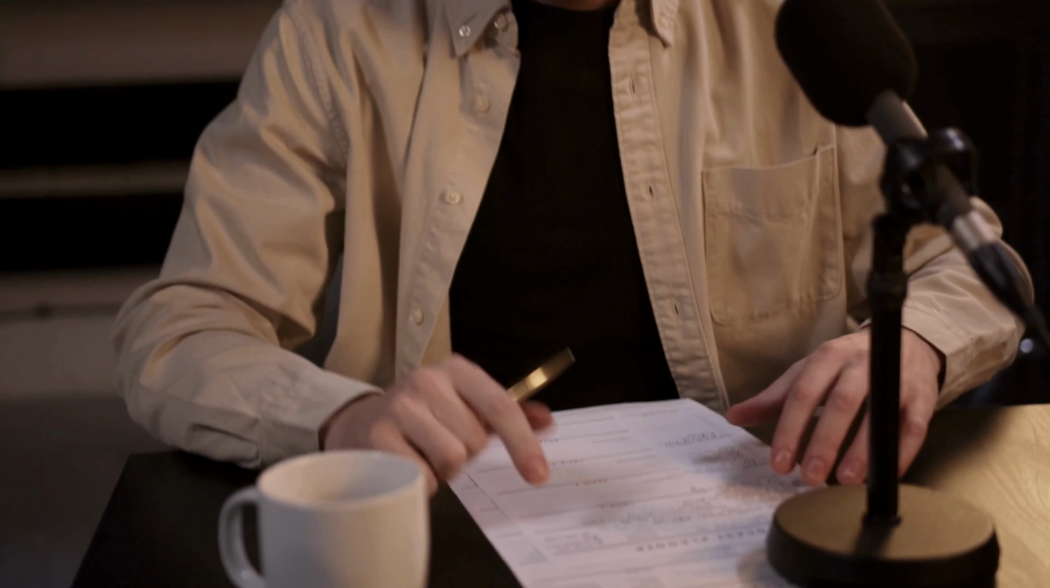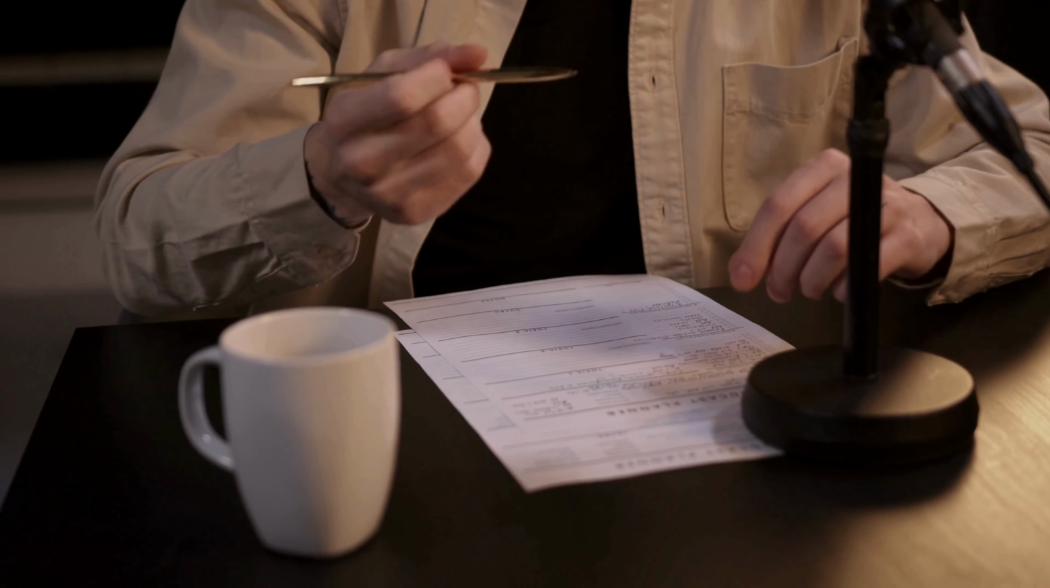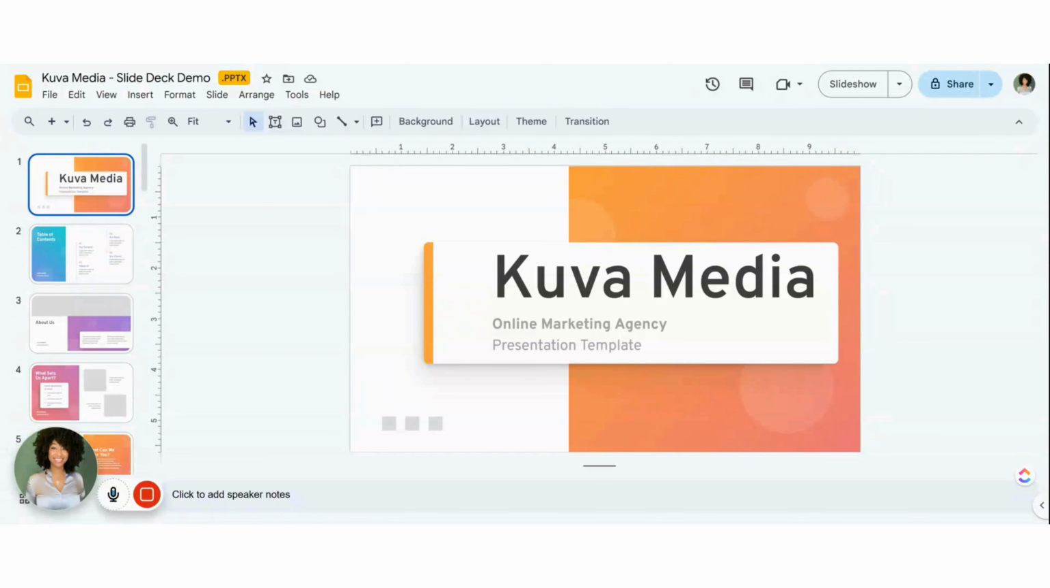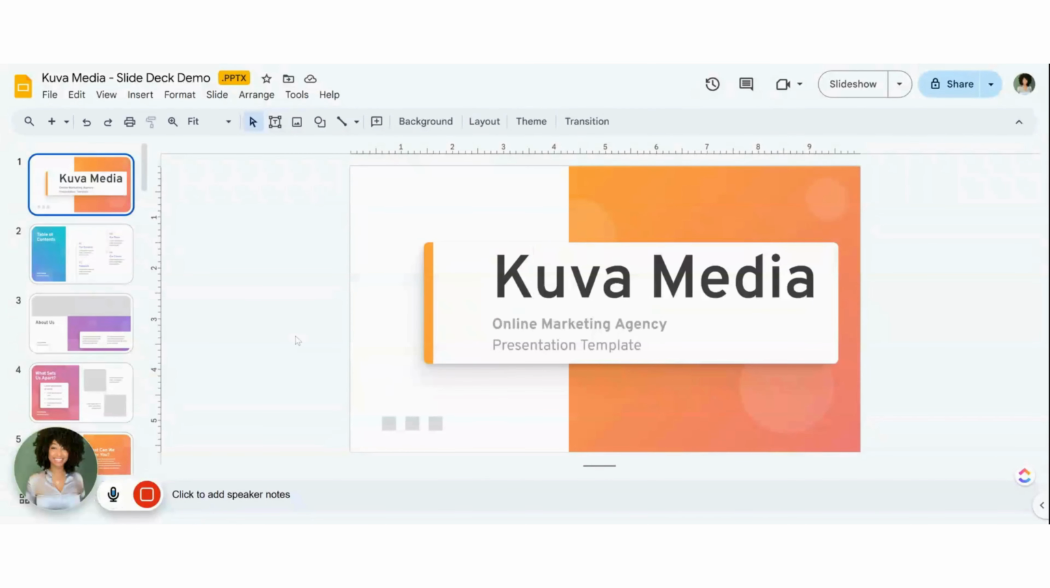So first you need to think about, why am I doing this? Why am I building this? Is it for sales? Is it for education? What format is it going to be in? What size will it be in? So even the size of your typography and the size of the elements, those can be very much affected if